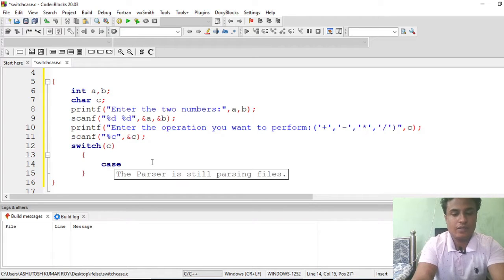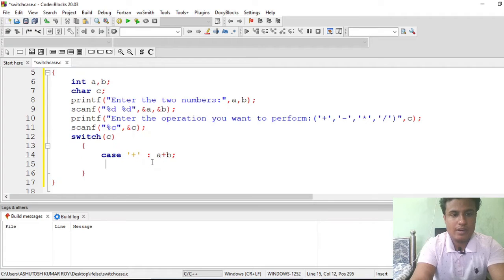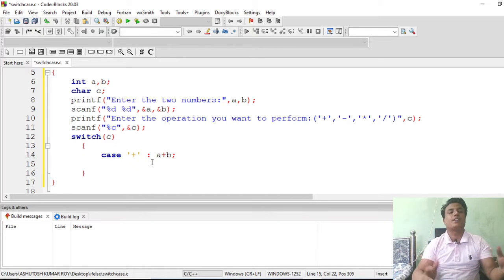Case 1 will be addition. Colon, don't forget this syntax. What we will do is a plus b, and we will print it. This is just a way of writing it. Space doesn't imply anything here. Just for clarity, I am writing this.